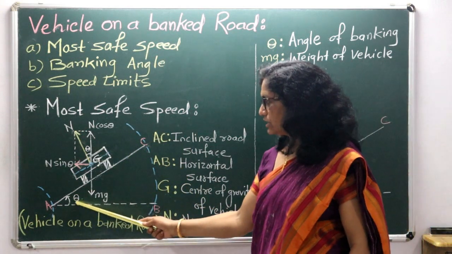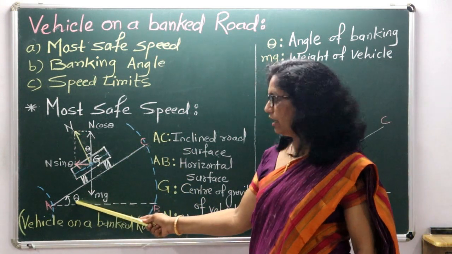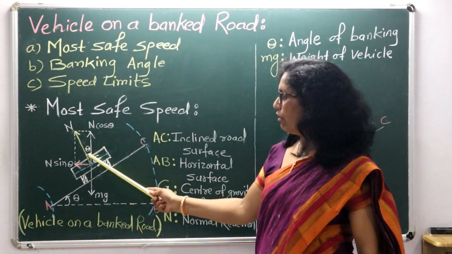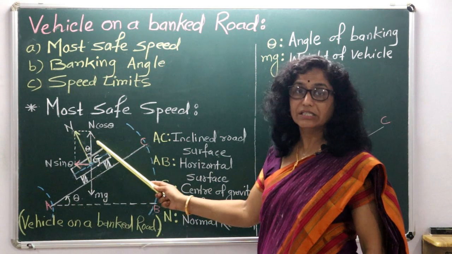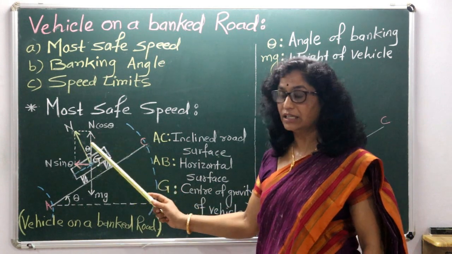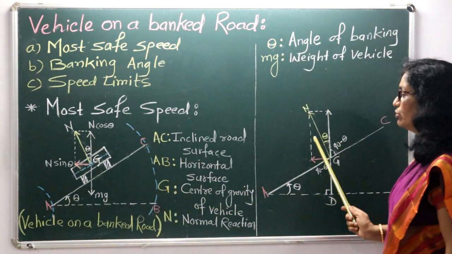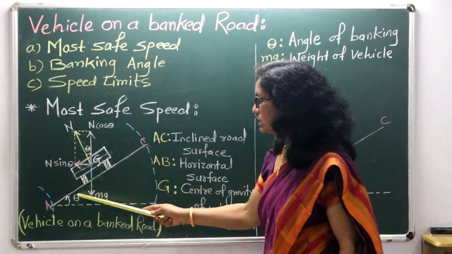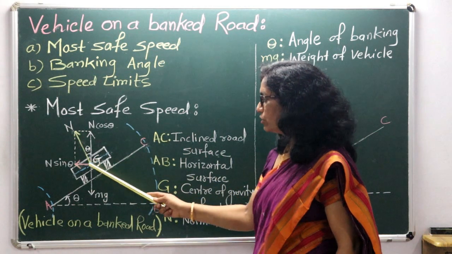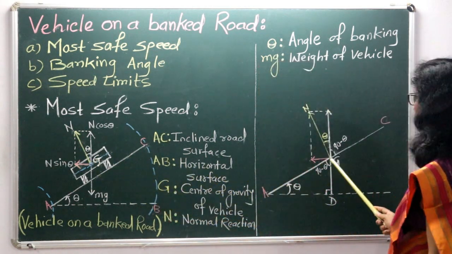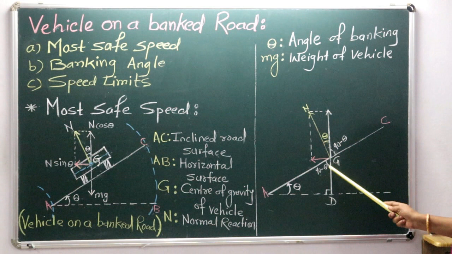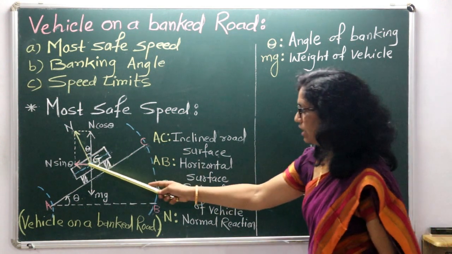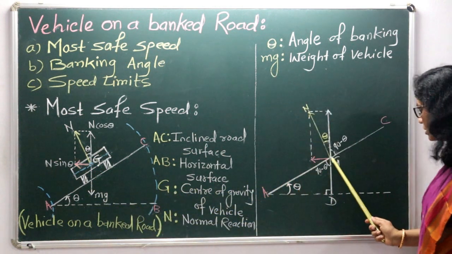Now this angle theta, this is also theta. Why is this angle theta here? Now see, this line is exactly parallel to this AC surface. Now put this point G on this surface and draw the same diagram as it is. Now see here, this mg extends up to this surface.